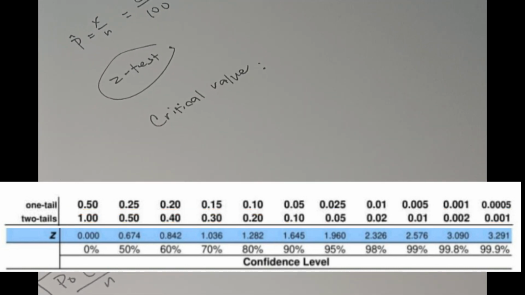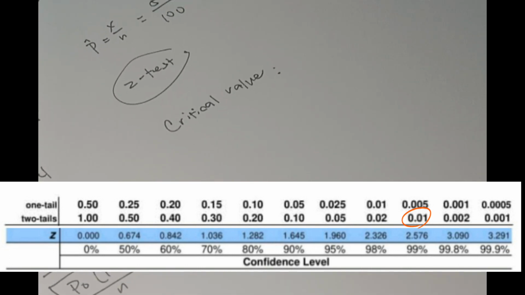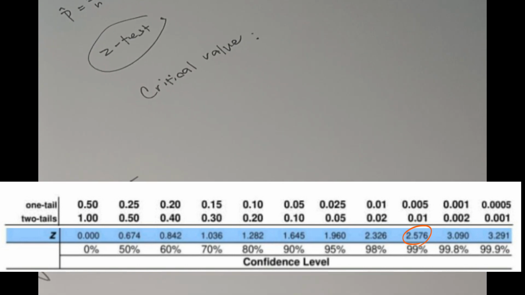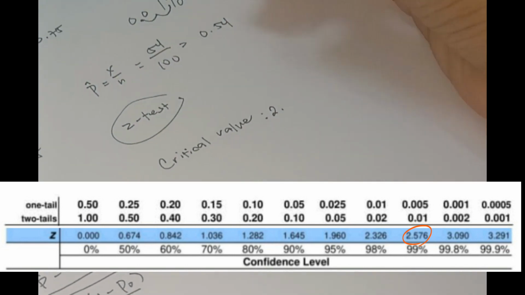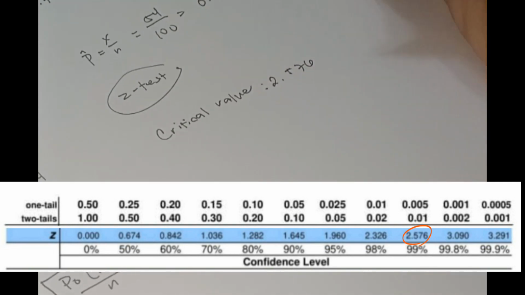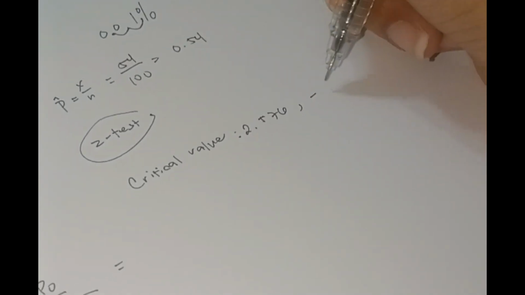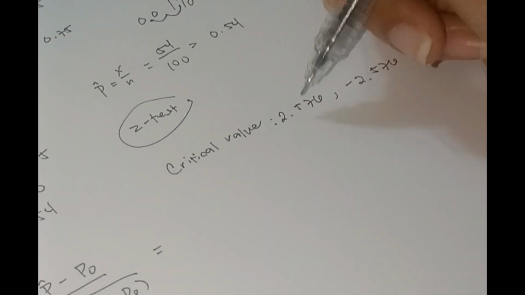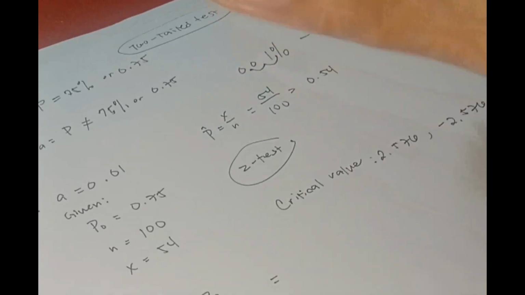So, hanapin natin yung 0.01. Ito, 0.01, ang katapat niya ay 2.576. And since two-tailed yan, dalawa ang kukunin natin, pati yung negative niya. So, ayan. 2.576. So, next step, kailangan na natin siyang